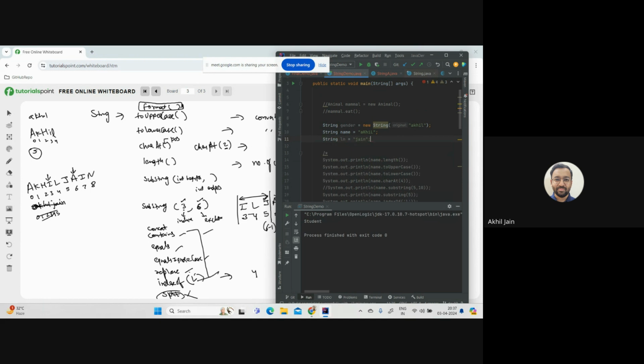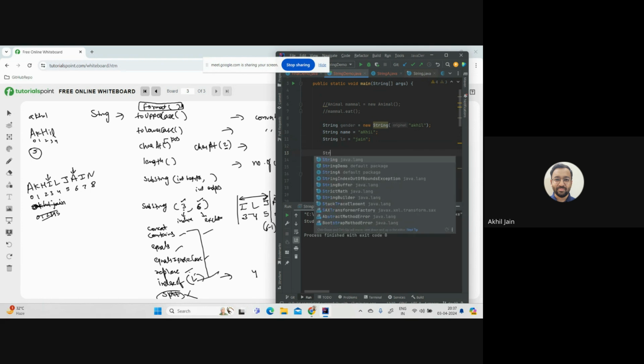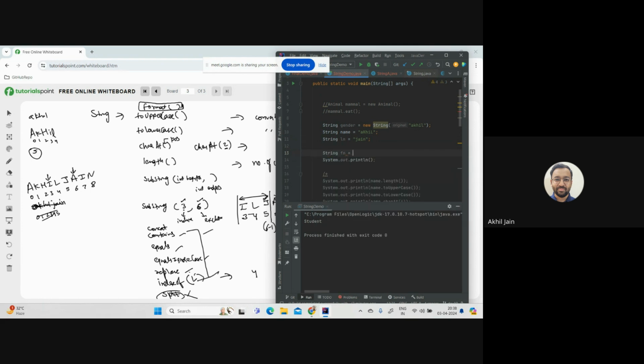And what you should do is use sout, not s out. Let me just first create one variable. String fullName equals name plus lastName, right? And if you print this fullName, okay, let me write fullName here, right? If you print this, it will print this value plus this value, and it will look like